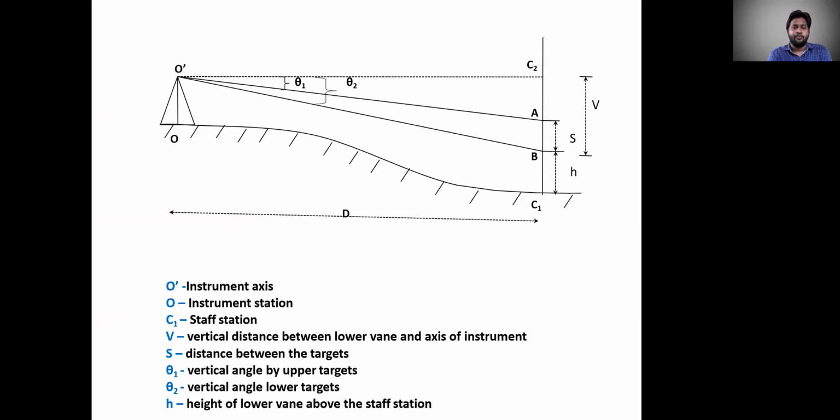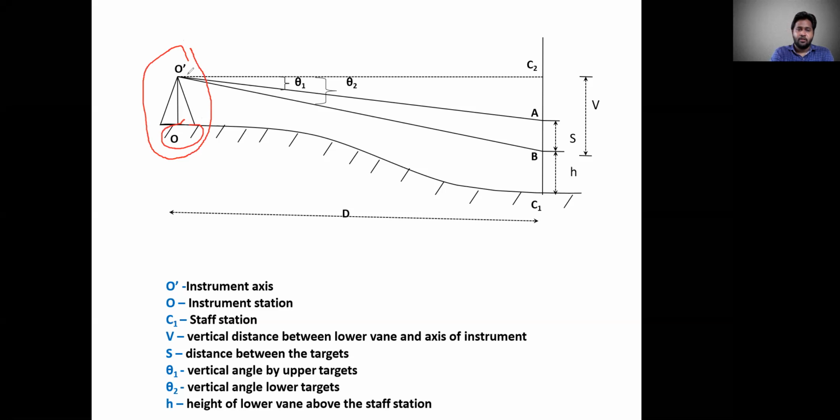Now we are going to see. If you observe here, we are going to place our instrument at this station. So this point, we call it O, is called the instrument station. This O2 is called the instrumental axis. Now my stations are at A, this one, and this is my B. So how to solve when both are at depression? Okay, now I will explain.